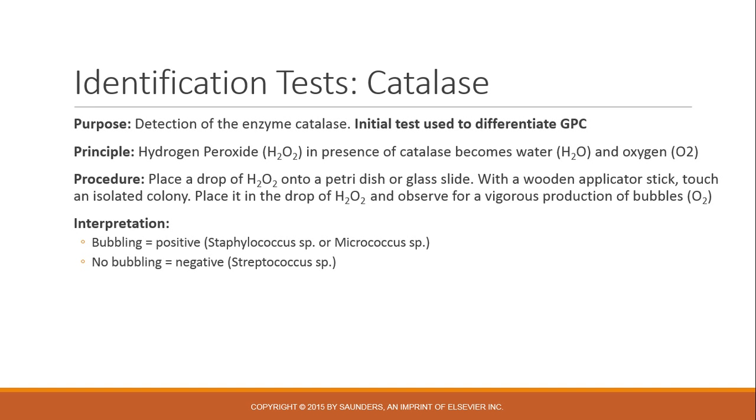The catalase test is the very next test that we're going to do. If you've got a gram-positive cocci on your gram stain, the next test you do is the catalase test. It's used to differentiate gram-positive cocci. Basically, it divides it into two genuses, your staph or your strep. Okay? So if it's negative, it's a Streptococcus genus. If it's positive, that means it's either a Staphylococcus